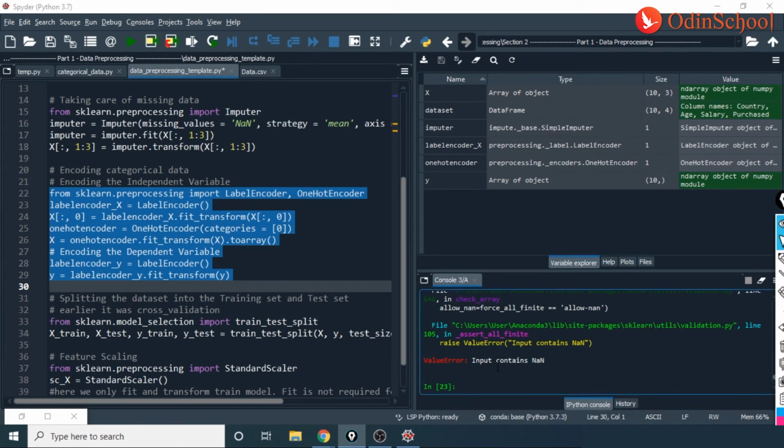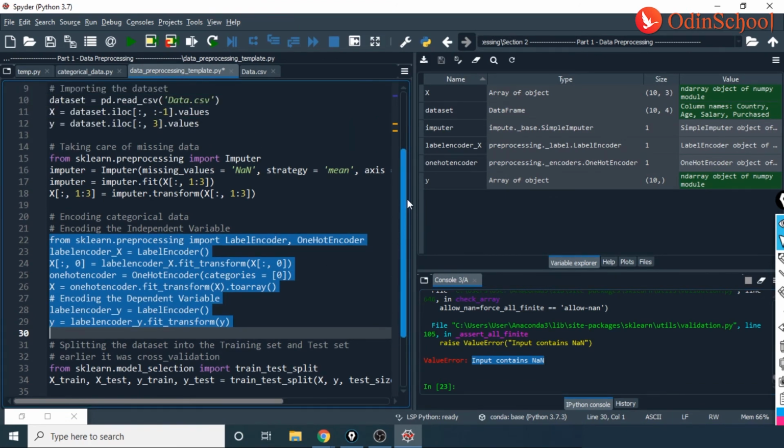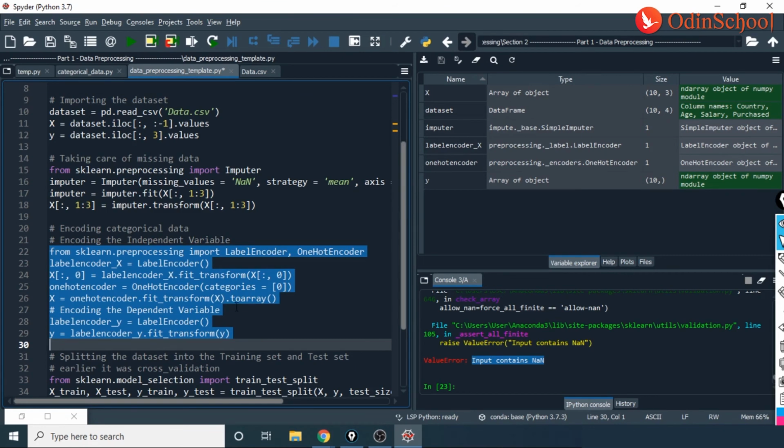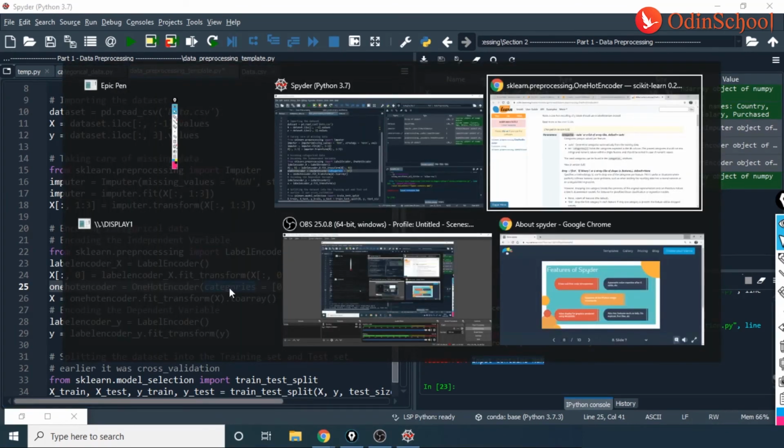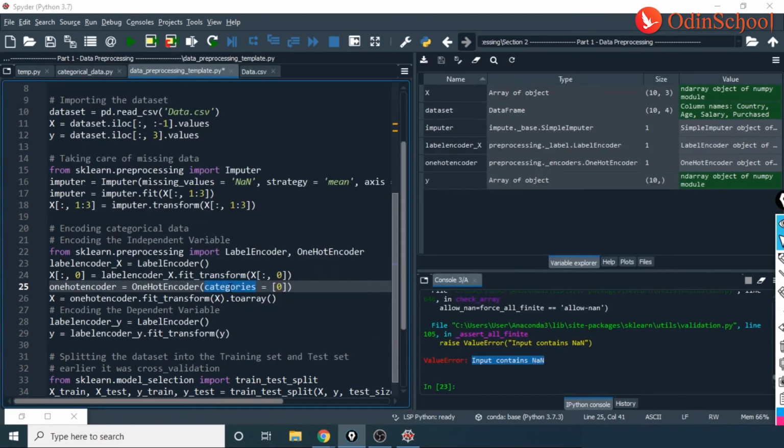So here you see it says the input contains NaN values. The error is now different. And why is it different? It is because the property is changed. Just like this, I would also want you to take care of the missing data, or how to handle missing values, on the step above too.